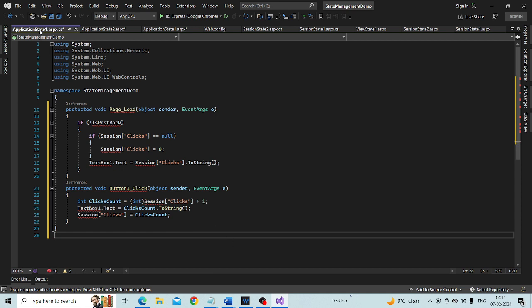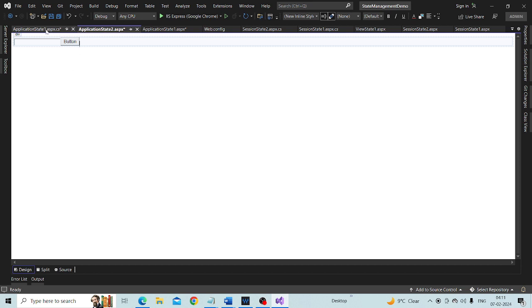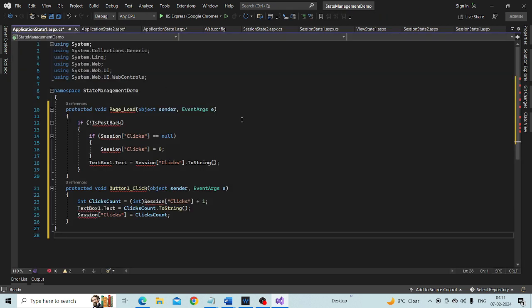And go to state 1 also. State 1 and here's the state 2. So what we will do in this page,